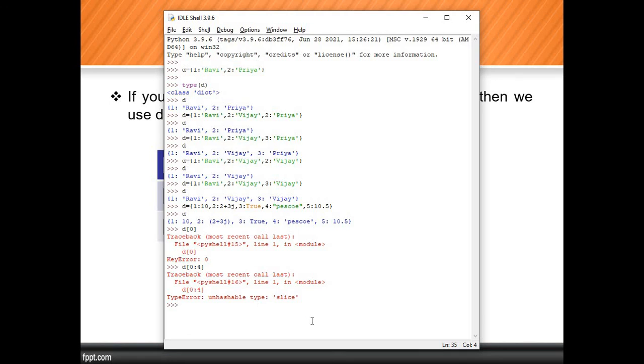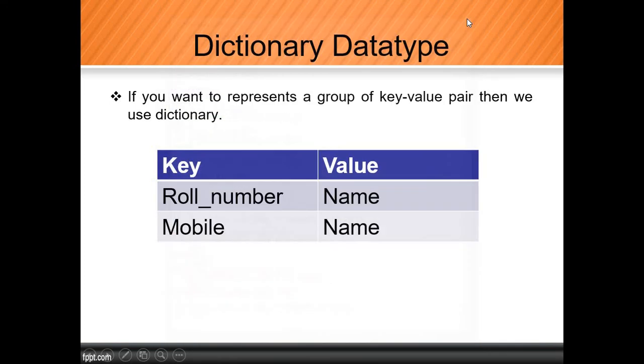Now, if you want to add an element inside that dictionary, is it applicable? The answer is yes. In that, we need to provide the key as well as the value. Let's do that. Here I will print D. So here we have 5 keys, and I'm trying to add the 6th key. So here I will add D of 6 in square brackets.